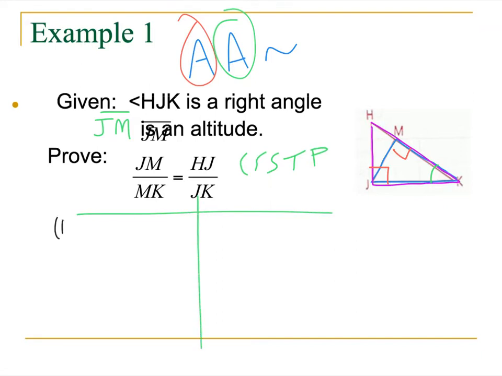So I've got given. Let's see here. Let's go with the right angle first. That one's going to be quickest. Or actually, no. Never mind. I take that back. Let's go with the altitude, because if we can get it to be a right angle, we can say they're congruent. Cool. Alrighty. So I have JM